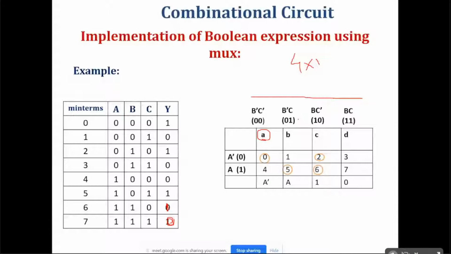So now we'll see what expression we need to maintain. Okay, that's why we are connecting something with those inputs. So 0, 1, 2, 3, 4, 5, 6, 7. So we know that these are the minterms for this variable combination ABC. Now 0, 1, 4, 6, 7. Now we'll observe for this first